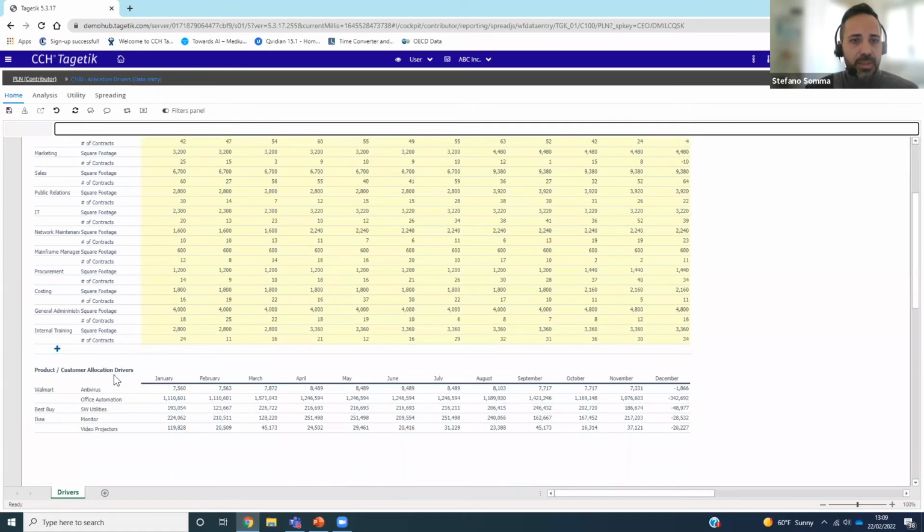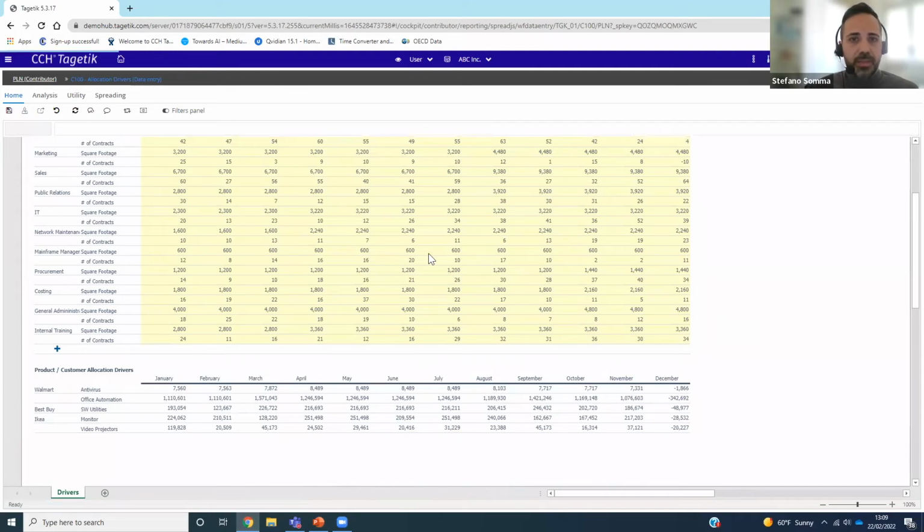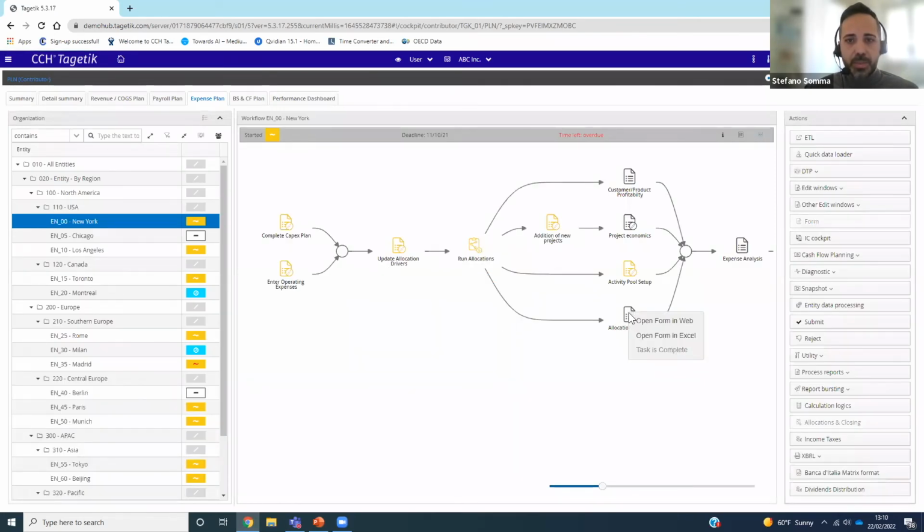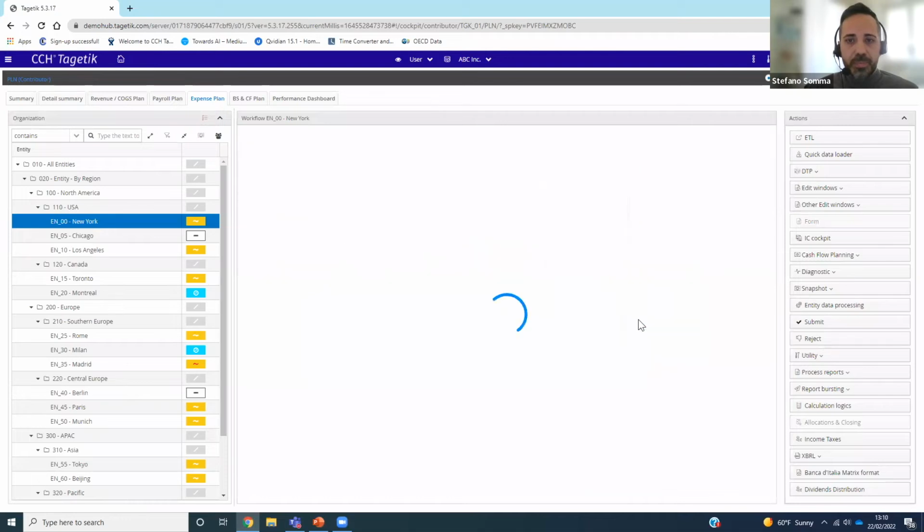But in the matrix below, we can also use other kinds of drivers, in this case related to our profit and loss that we have already collected in the step before into our processes. After we have collected this information,